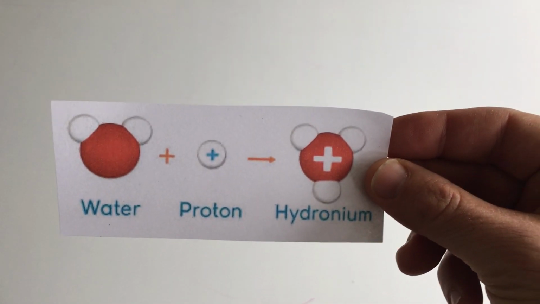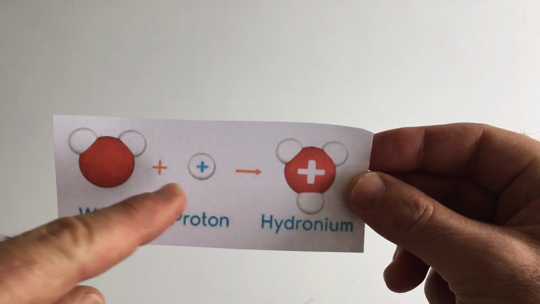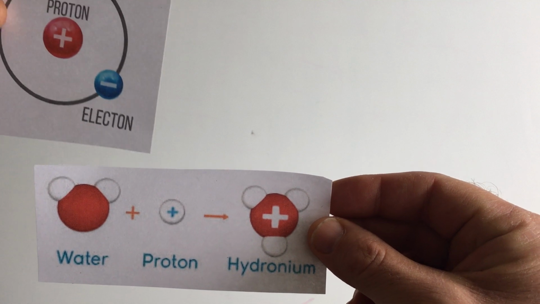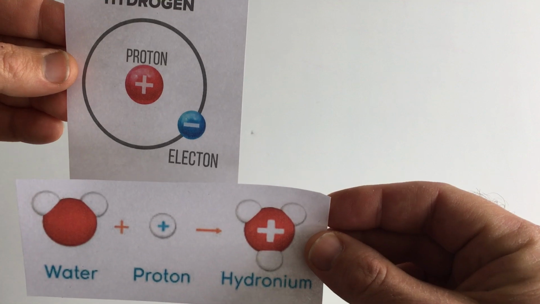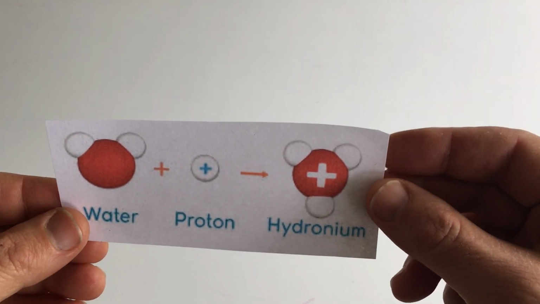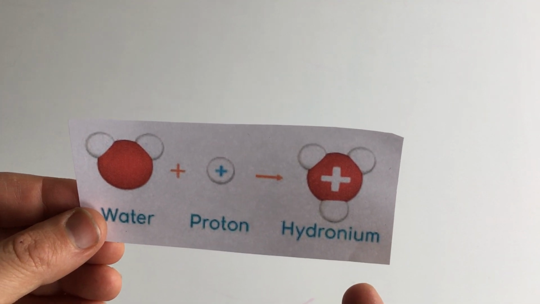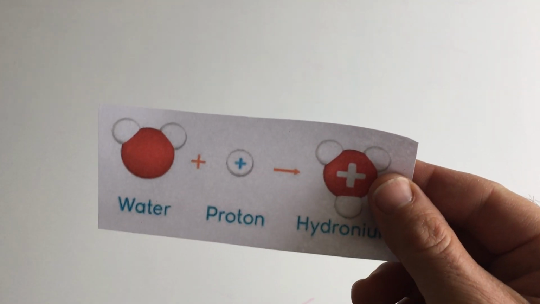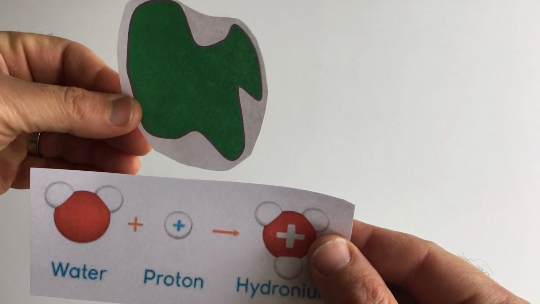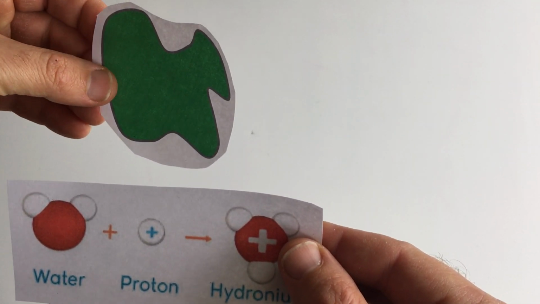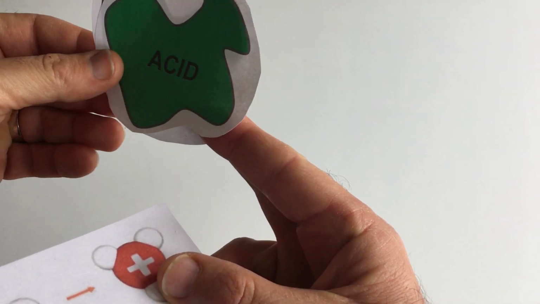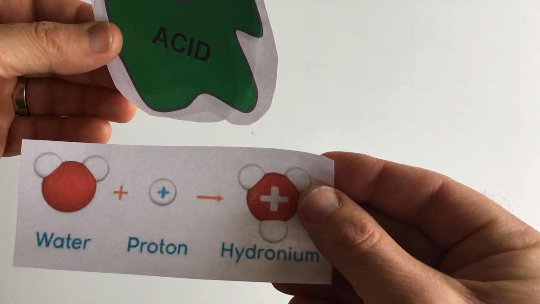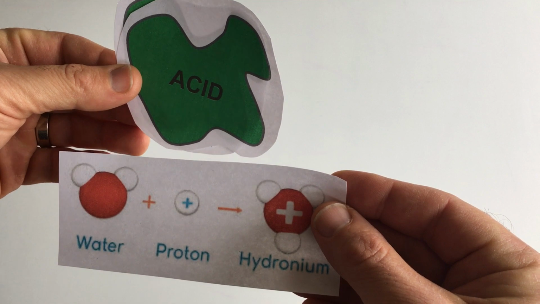We talked about, well, if you take a water and you add a proton to it, which is actually a hydrogen atom without its electron, that's what we're calling that proton, then you can get hydronium. And if there's an unknown substance that has the ability to throw a proton at water, then that substance gets the super fun name acid. So if the acid can convince water to take a proton and become hydronium, it gets the name acid.